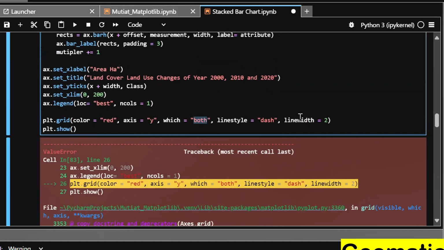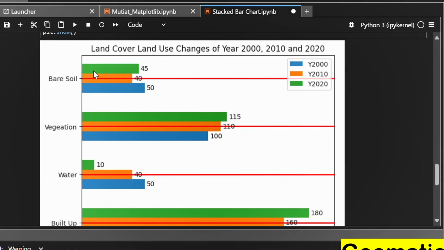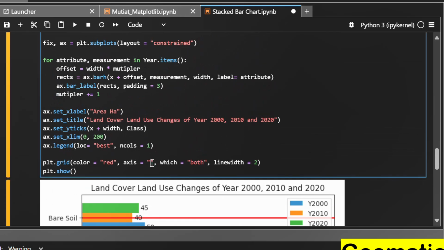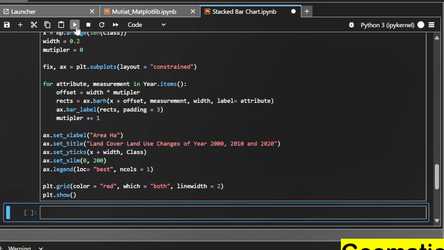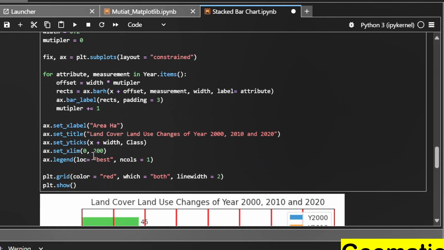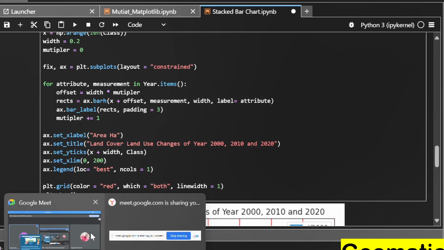You can see that this is red. So let me take off this, and then how do I get it? Because I'm reading it from the documentation, so you can see the red color. I want it in the y-axis. So if I want it in both, I can remove this or write it both, or I can remove this, and then I'll run the same code again, and you see now that it is coming in big color like this. So if I change the width,